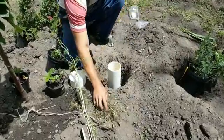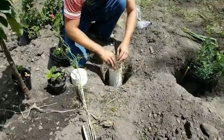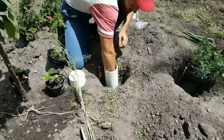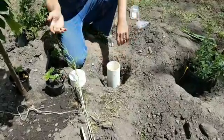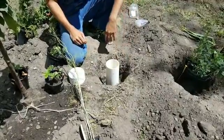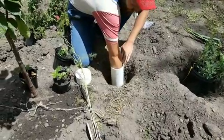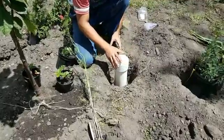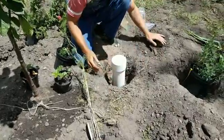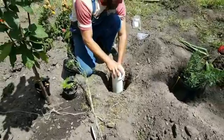And then we're just going to throw some more wet hay in there. You want to try to keep it wet and moist because they need it wet. If they get dried out, they'll die. You ever seen a worm on the sidewalk? It dries out, it dies. So we're going to try to keep them nice and moist. And you just stuff that in there, and then you put your cap on. We'll bury it all back in, and when you go to feed them, all you do is remove your lid